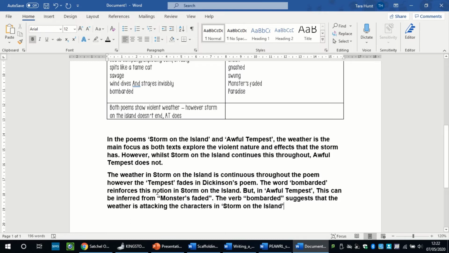However, we need to think about that it goes away in this one. So I need another comparative connective. So instead of "however", I'm going to put "on the other hand",